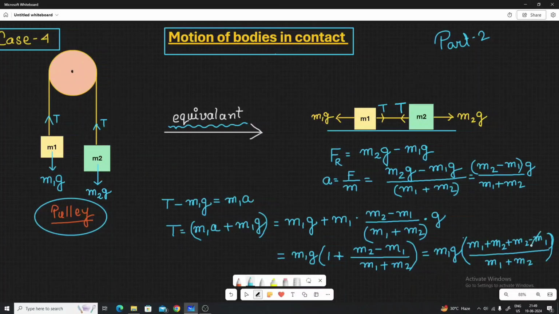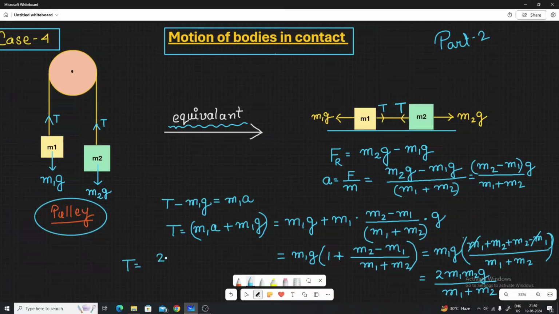Now this M1 cancels out, and you will have 2 M2, so that is 2 M1 M2 G divided by M1 plus M2. That is, you get T equal to